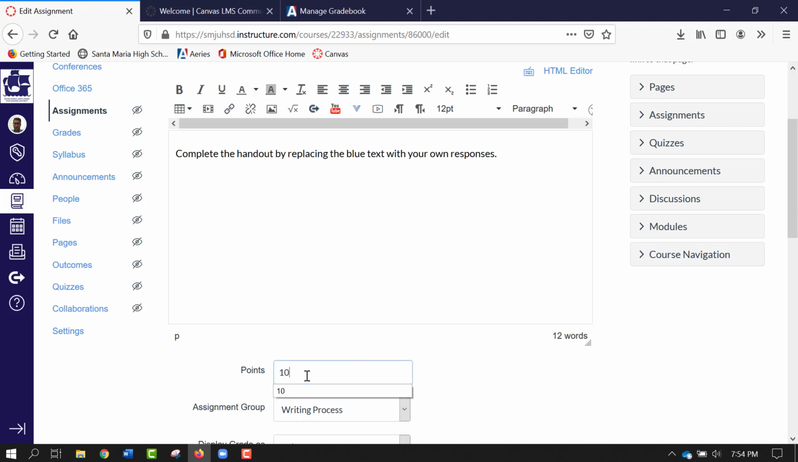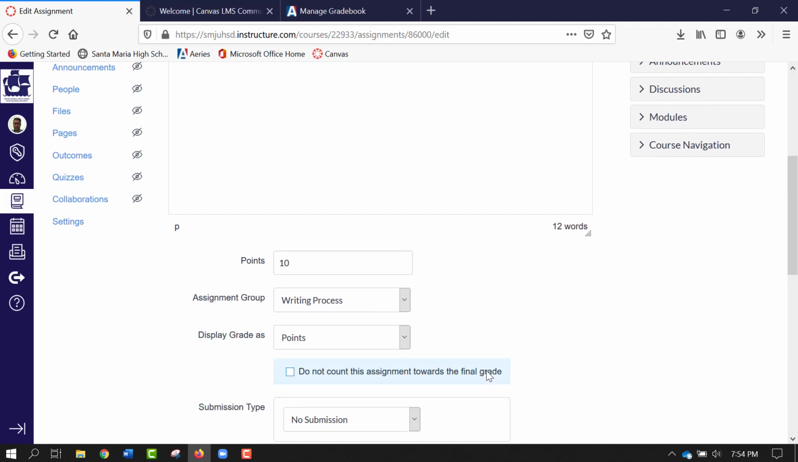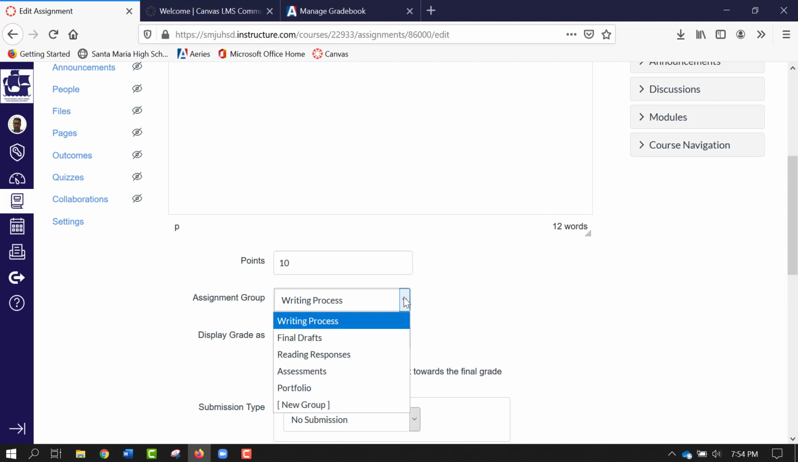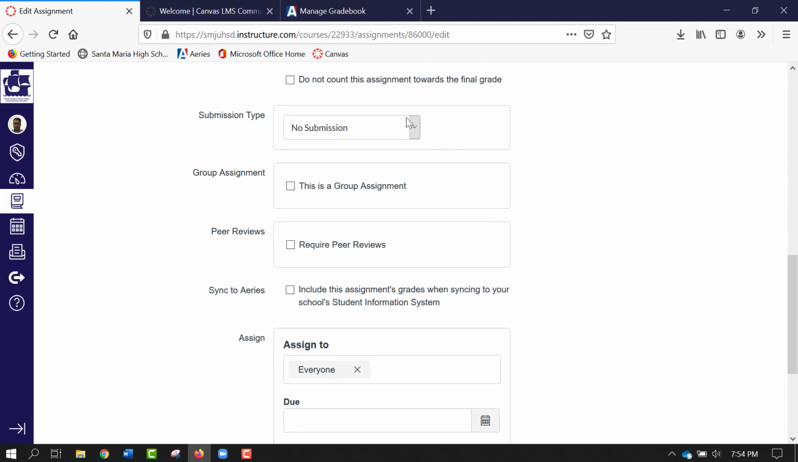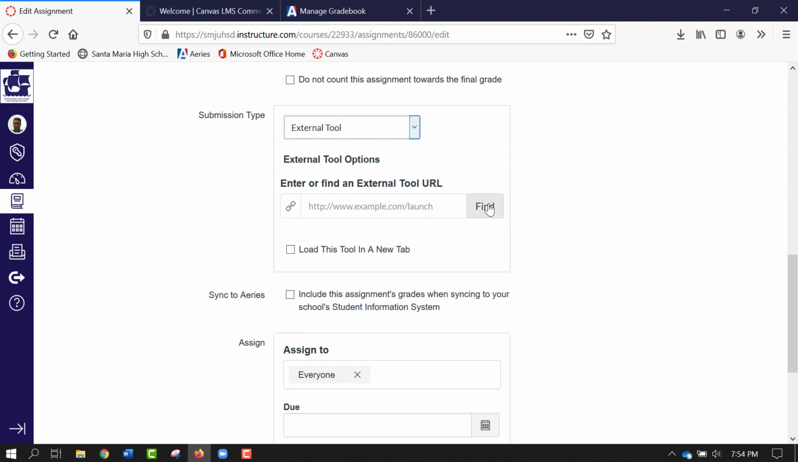I'll make this worth 10 points. Decimals, you know what I'm saying. Assignment group. I'm going to put this in reading responses because it's kind of a pre-reading thing, but it includes, you know, that. Okay, when we get to submission type, we're going to go to external tool and we're going to click